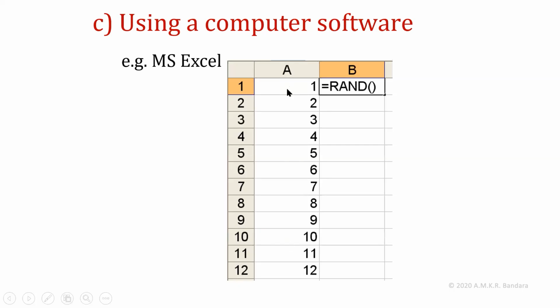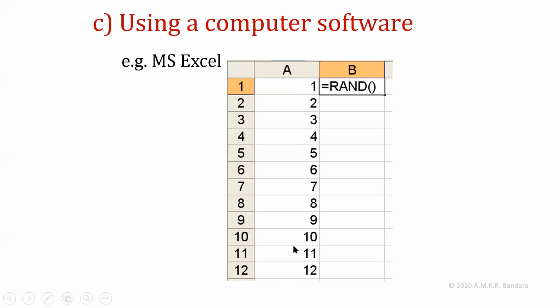If you have 10,000 individuals in your population, then you have to type 1 to 10,000 here. Some other statistical software are available like SAS, Minitab or SPSS. In that software, you don't need to type these numbers individually, but you type the range or maximum number of individuals in the population. Assume 10,000. Then you have to type 10,000. Then it will generate random numbers, the required number of random numbers from that range.